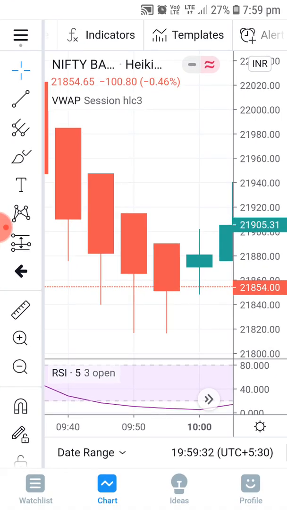You have to open the chart, come back, and open again. It takes too much time, and by then maybe 5 or 10 points will have gone up. Here, within one click you get the entire information, and it will be very useful for you to find out where the support is and where the resistance is.